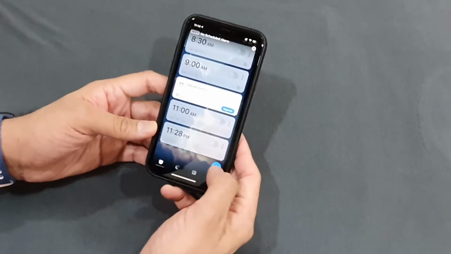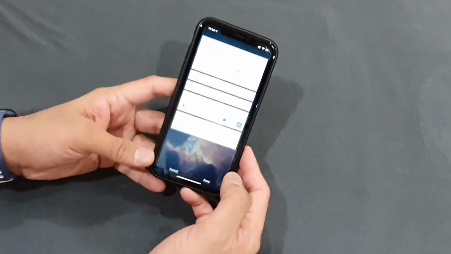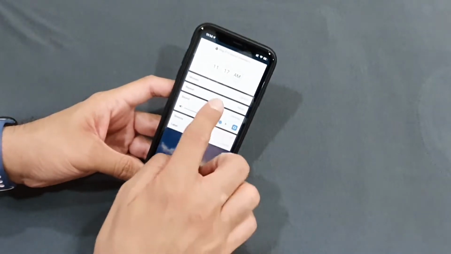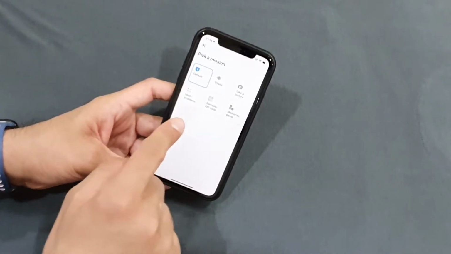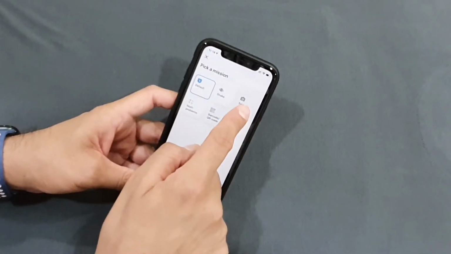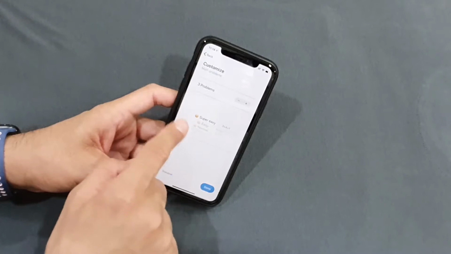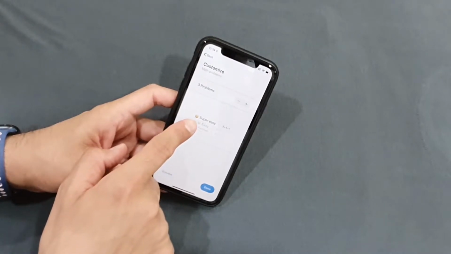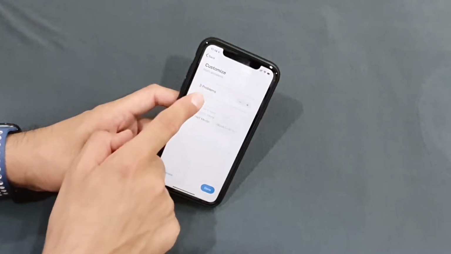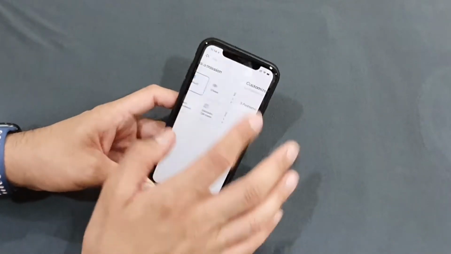So if you want to just set an alarm, for example, I want to set an alarm for tomorrow morning, it will ask for a mission, what I want to do. Default, shake it, take a picture. Math problems, even math problems, it will ask you: super easy, normal, hard, very hard, super hard, hell mode. I mean, it's really good.